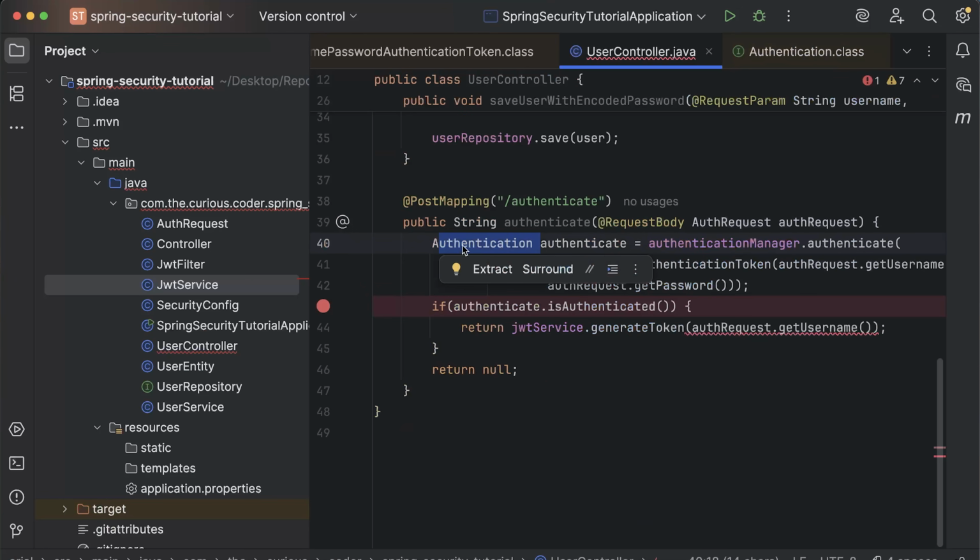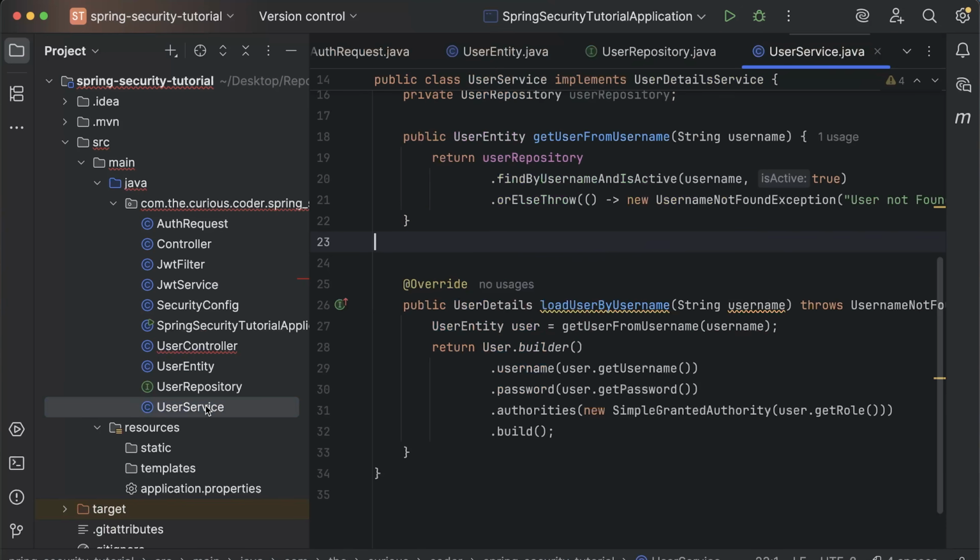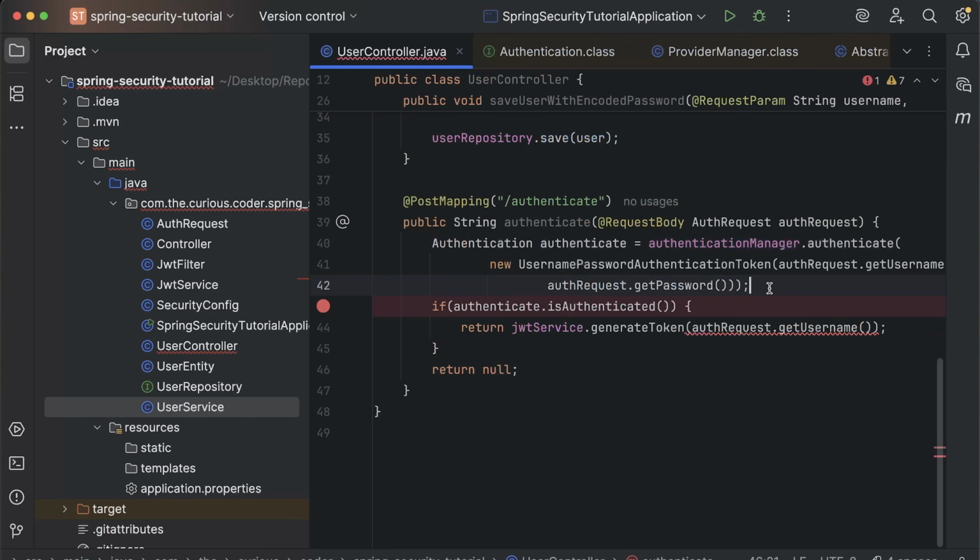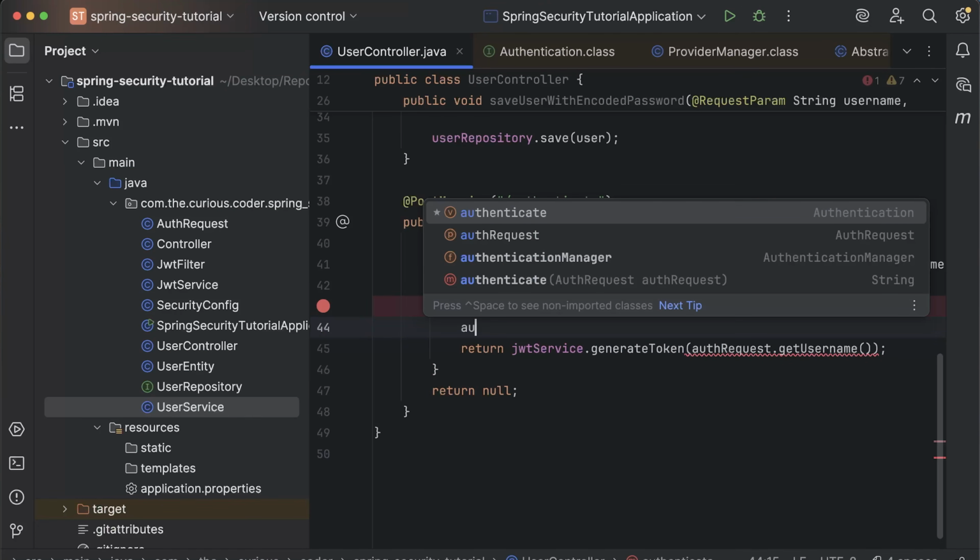Okay, so as I told you that here in the user service, we have already passed the role information, the authorities, inside this user details object. So Spring Security already knows about the roles. Okay, so somehow I can fetch those roles from this authentication object as well. Let me show you how we can do that. We can simply use